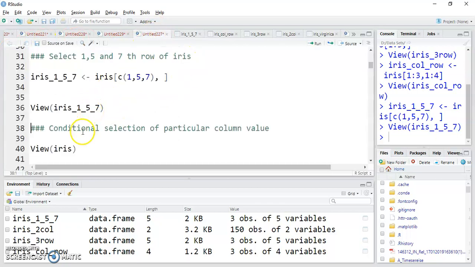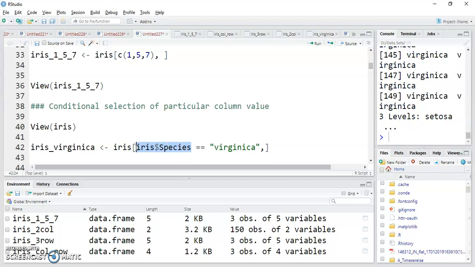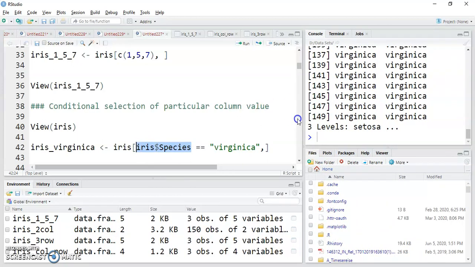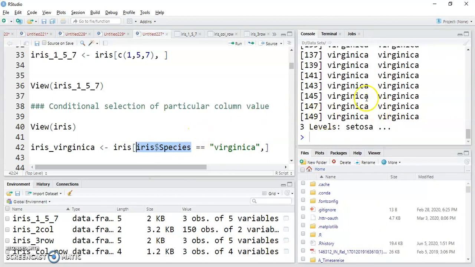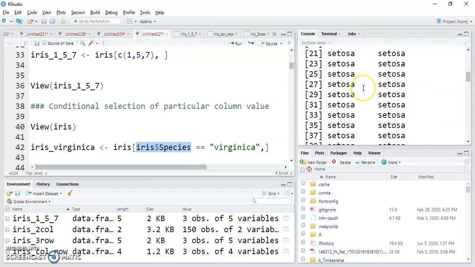The next is the condition, selection on particular column values. In our Species column we have different species like virginica, versicolor and setosa. So we basically have 3 species.